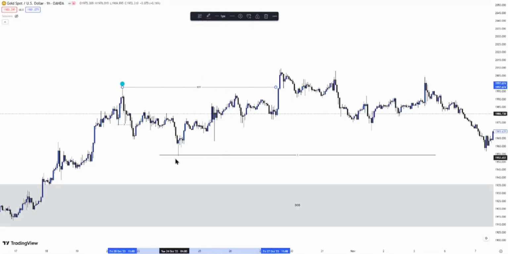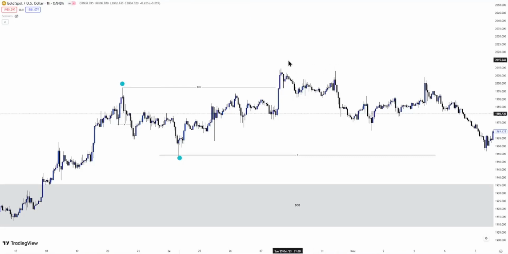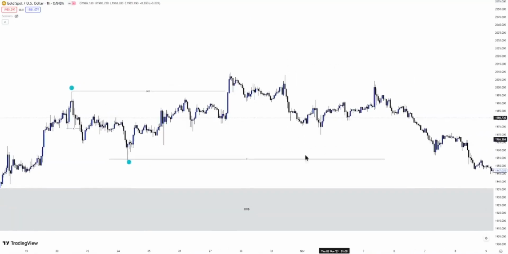Price now creates this low. This is the deepest low in this case. This is your low on the 1H time frame. All right. Now, after that low, price created this high. Now, remember,